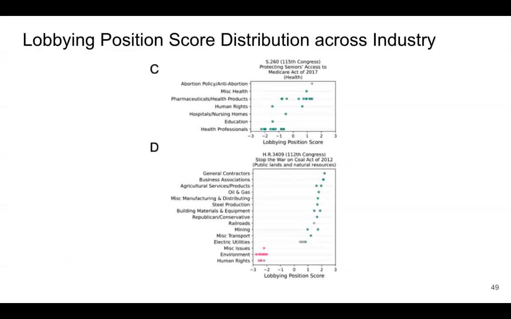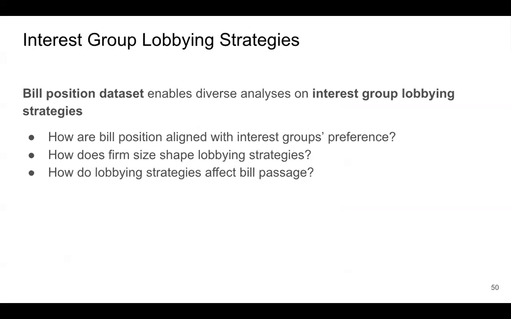And once you have classified the support or oppose positions of these interest groups, then you can do this type of analysis. A lot of these analyses are done by the political scientists in our research group. What I'm showing is that, before, political scientists would look at each bill or each interest group and do this at a very small scale.